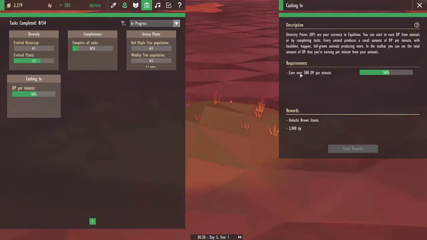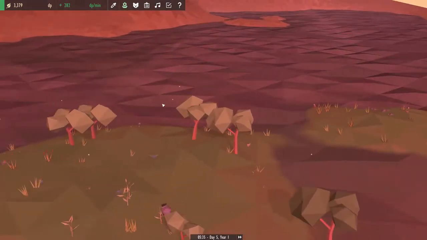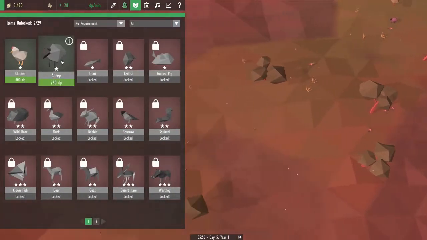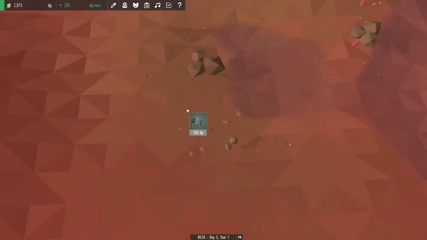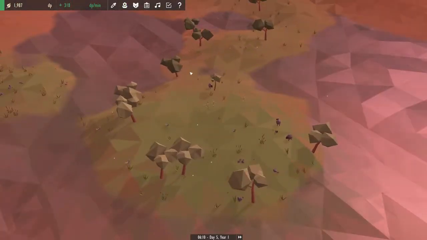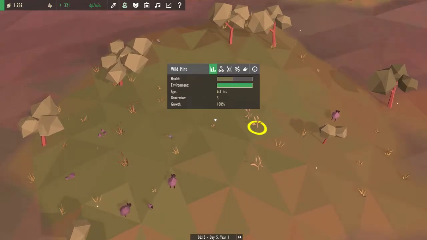The diversity points per minute. Need more animals for that. No real way around it. I could have more sheep spread out, because I don't think they're spreading out much on their own. They're pretty much staying within the confines of the original biome and eating out all of the...